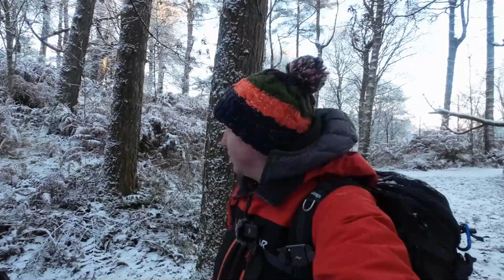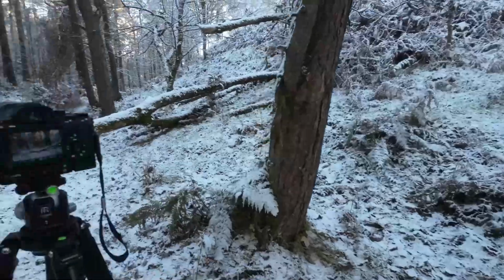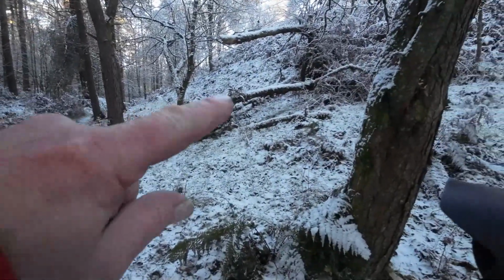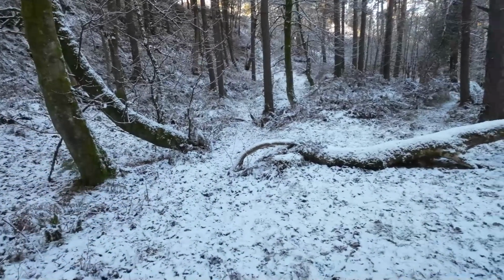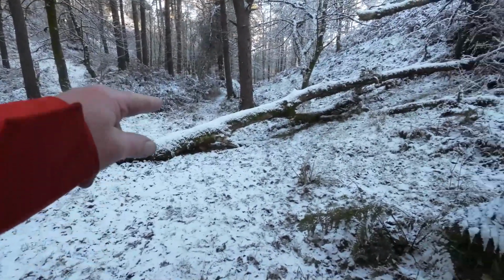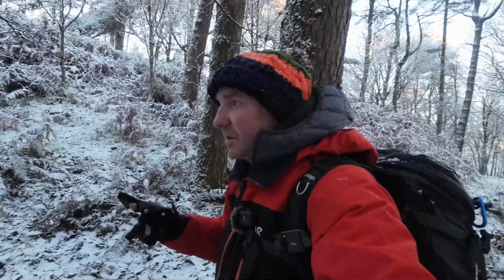Right, I've come across another little scene now. Just walking up the path and just saw this. This is going to have to be a panel because there's no way I can get all this in. But you've got this fallen branch just here, but you've also got this tree that goes up from the left hand side. There's a path going up to the left and a bit of a path going down there to the right. So I'm hoping this is going to work